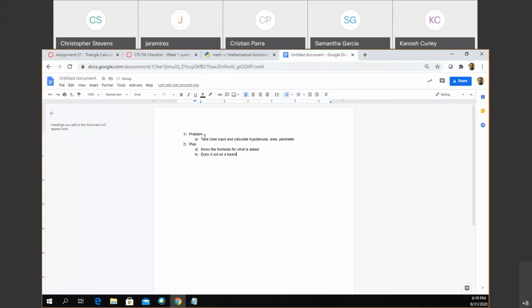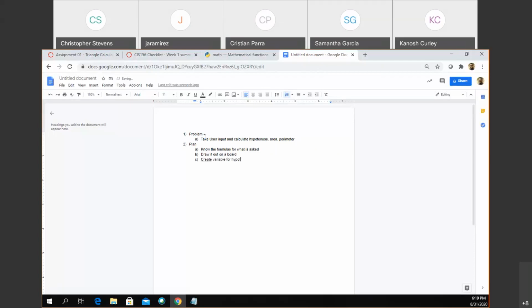And that's kind of what we're doing here. We're drawing it out on a board. What are other things that you would do? We'll probably reorganize this list in a moment because we're planning it, right? But what are the things that we need to do within this? So understanding what formulas we actually need, that's great. And I said drawing out a board, creating variables, okay? We're going to need to create variables